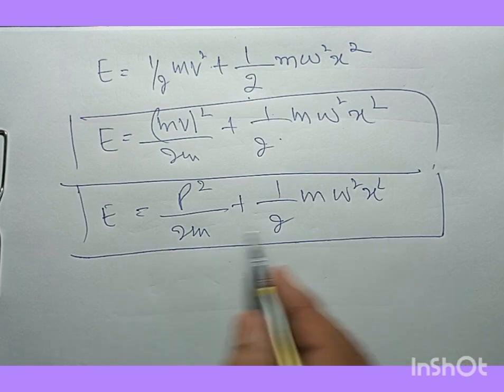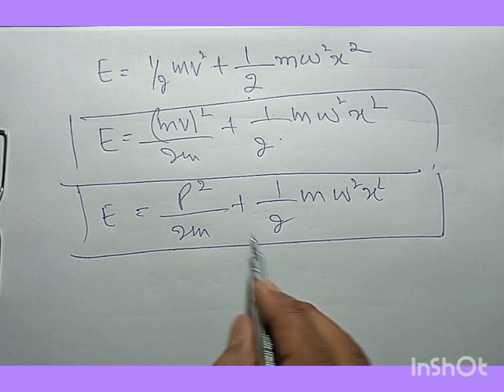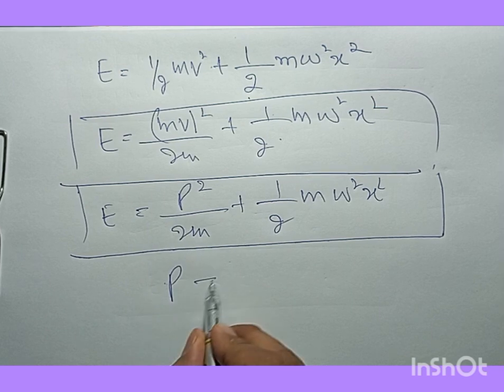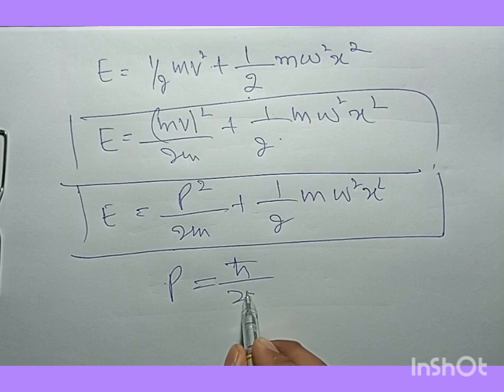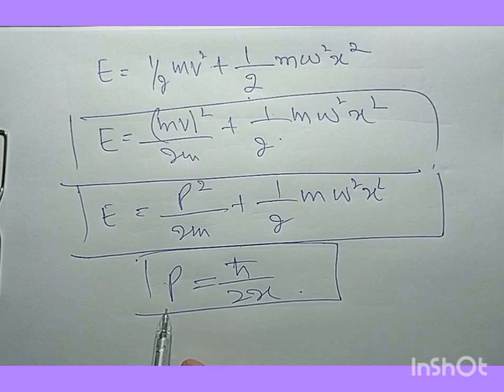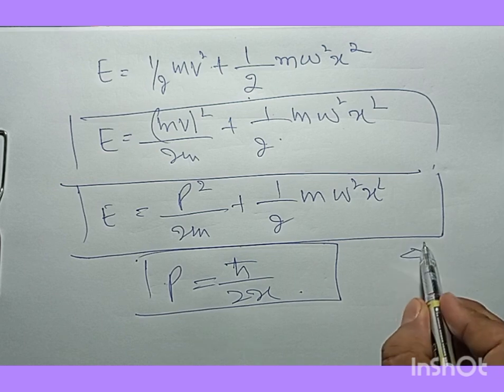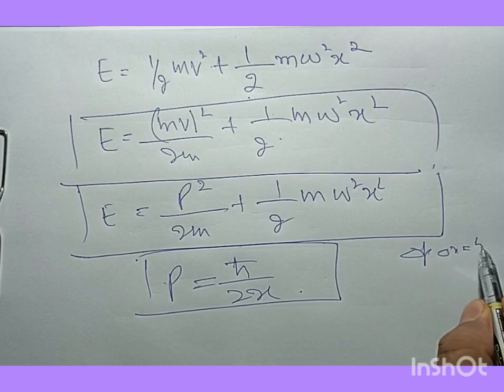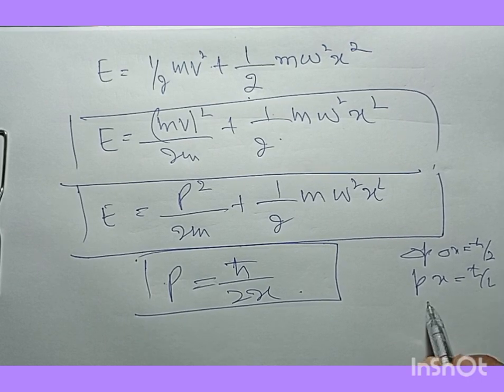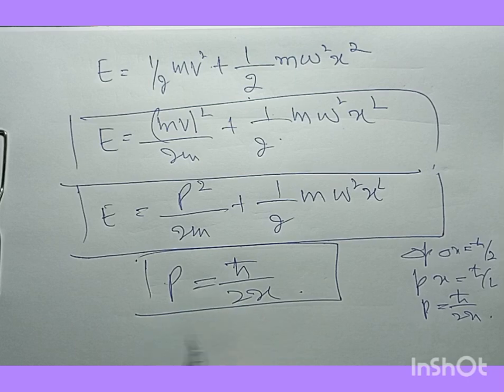So if we think in terms of Heisenberg's uncertainty principle, we can utilize this p. This p will be h cross by 2x. Because we have delta p delta x nearly equal to h cross by 2, we can choose p x equal to h cross by 2. So this p can be replaced by h cross by 2x. So using the value of this momentum in this equation, what we obtain is E